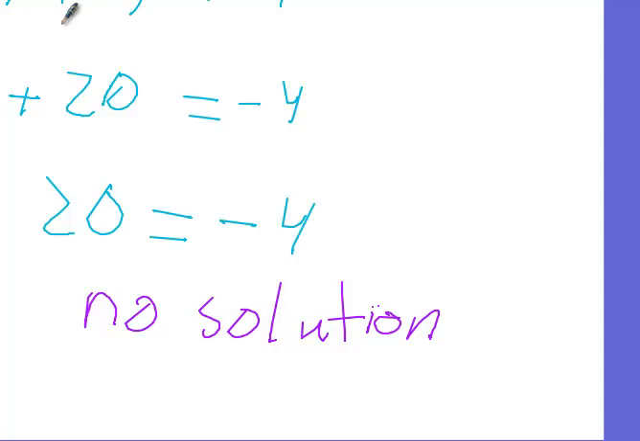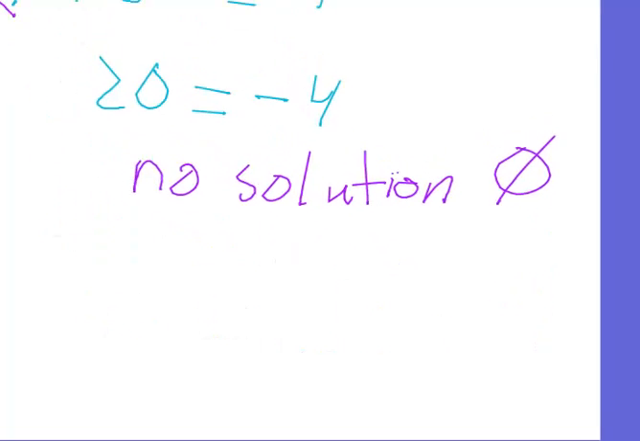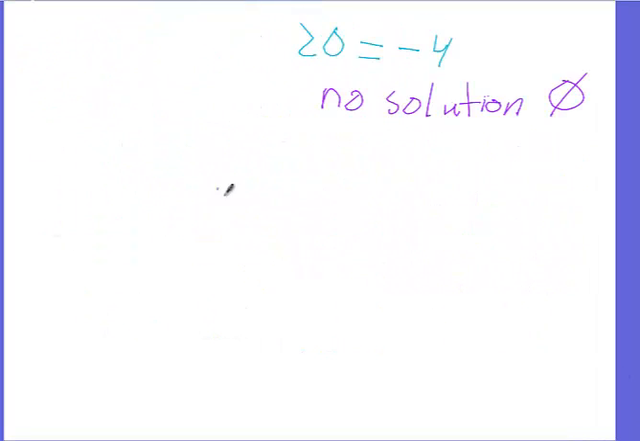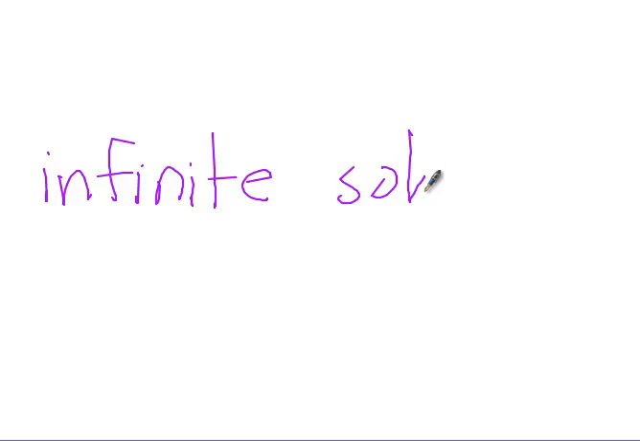But if you ever get a problem where it starts boiling down and you get something that's not true, your answer is no solution. Okay, or null set. The other type of answer we can get is infinite solutions. And we know this because, well, we covered all these bases before. So this shouldn't be anything new. The only thing that's new is the algebraic part. So infinite solutions,